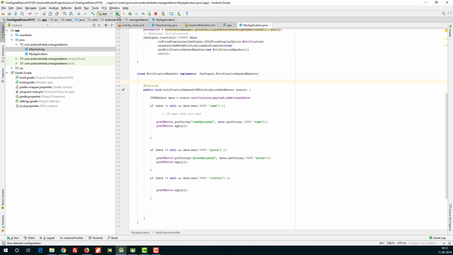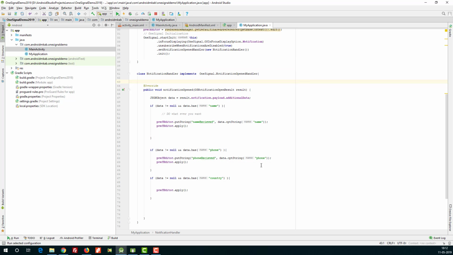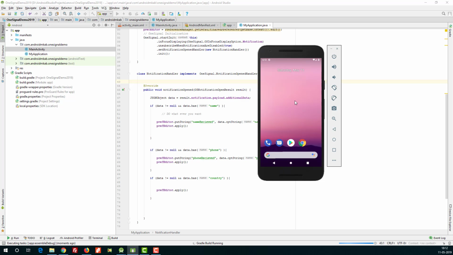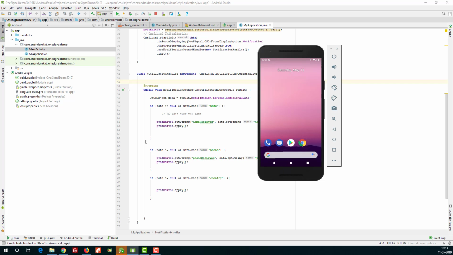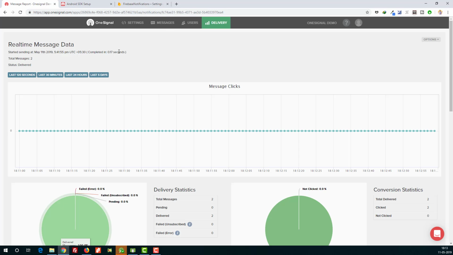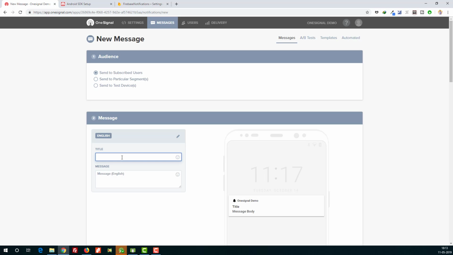Okay, now we will run the app in the emulator. App launched, and we will close this. We will go to OneSignal, go to messages, new push, test notification, and here blah blah blah.